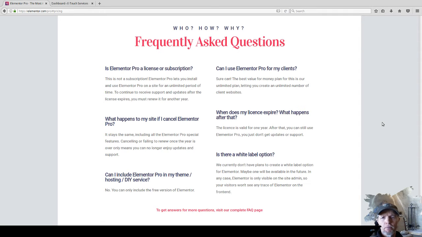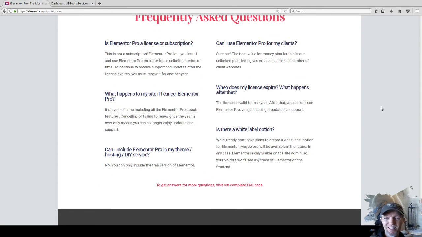Can I use Elementor for my clients? And yes, you can. So if you are a web developer, you can use it for your clients, which is a great thing for web developers. I really like that. I would hate to have to buy a license for every client. I guess you could, but that'd be kind of a pain. Anyway,